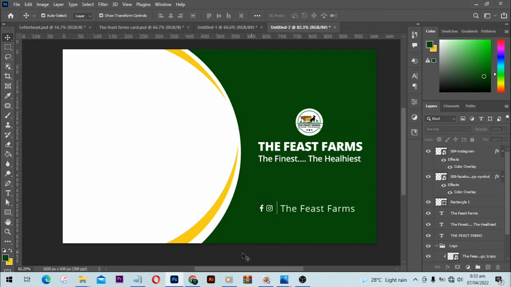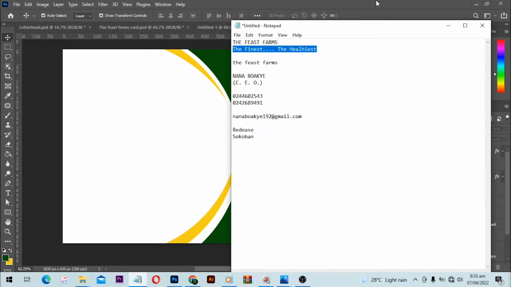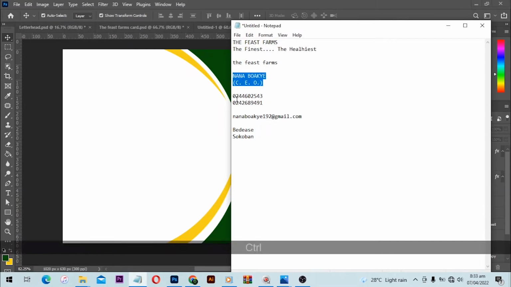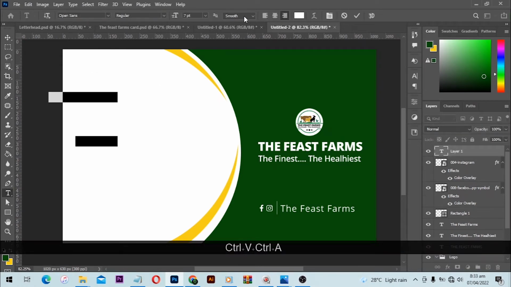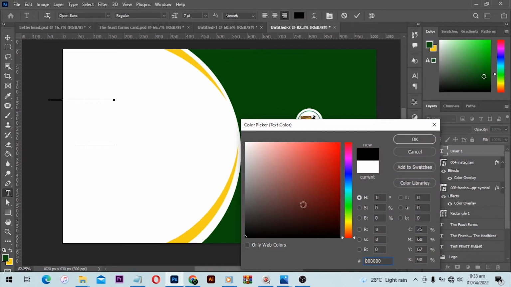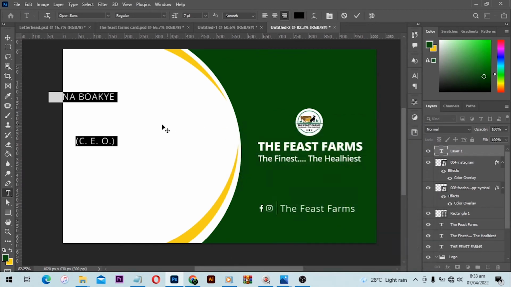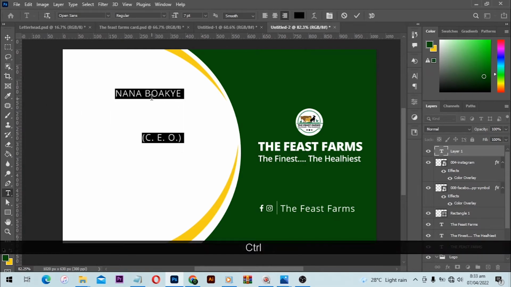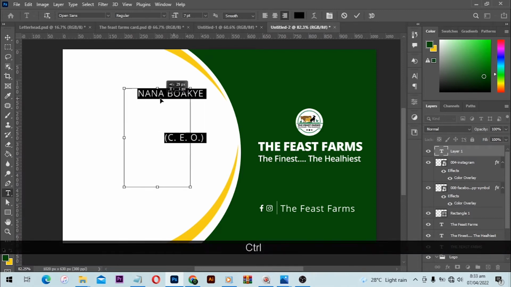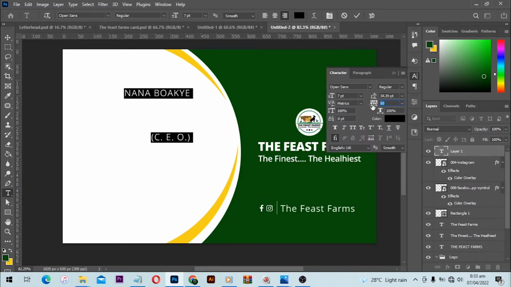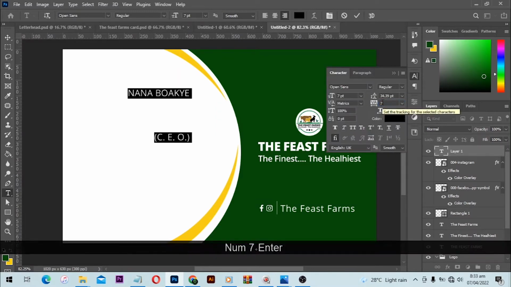Okay, so let's start with the name. Like I said, I have everything typed here, so I'll just copy with the help of the text tool, paste, then change the fill color to black. Okay, so from here I think we can move this one over here. So what am I doing to move this one? Hold on the Control or Command key and you click and you drag. Okay, and then I can see there is a lot of space in between, so let me bring this one down. So the space I think is here,